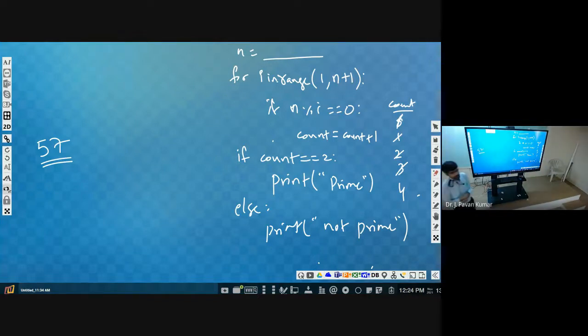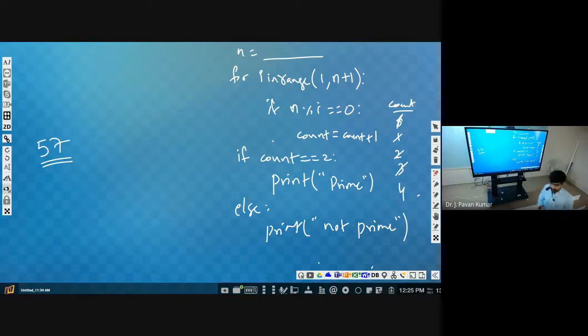Okay, can you optimize this code? Okay, I will ask one question.